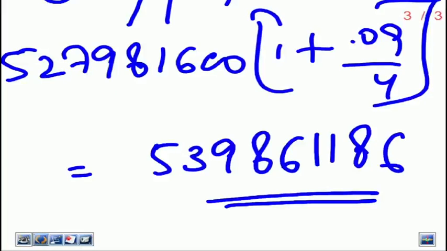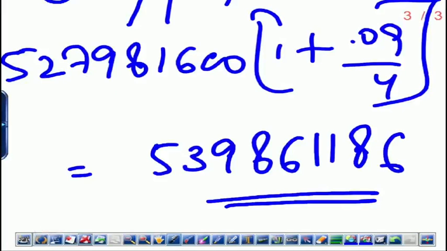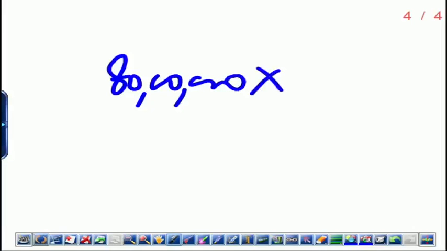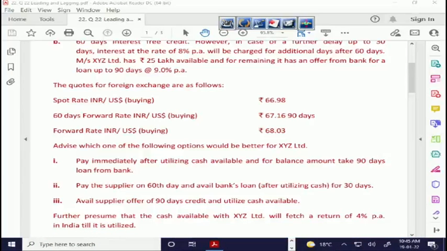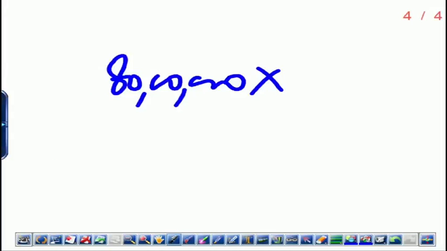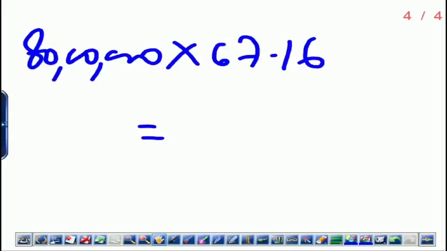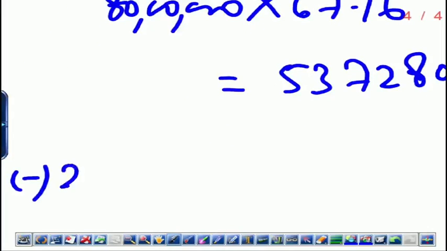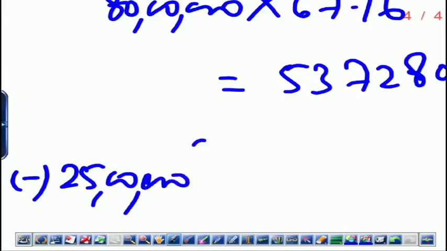Okay, so just once again. 80 lakhs has to be purchased at 67.16 at the 60-day forward rate. 67.16, what is it? It's 5372 80,000. Okay, now from this amount we will deduct the amount that we already have, 25 lakhs, which is